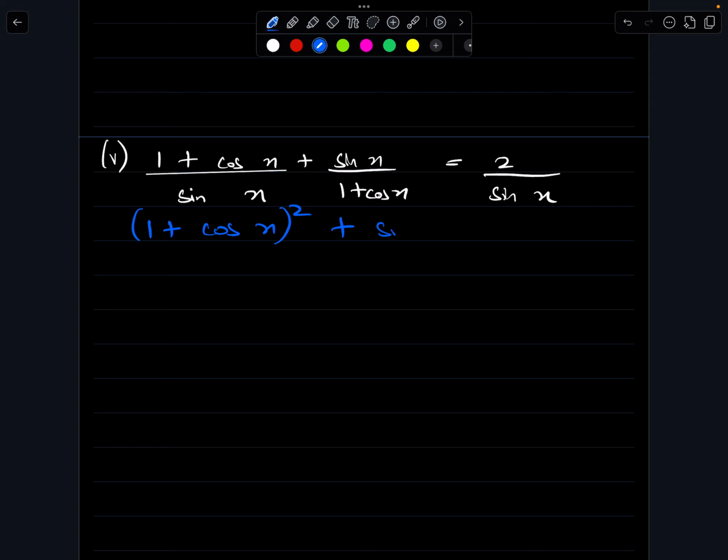I'm doing this because I want to write this as a single fraction. This whole thing over sin x times 1 plus cos x. Alright, is equal to